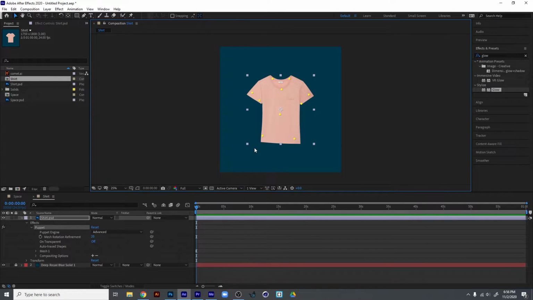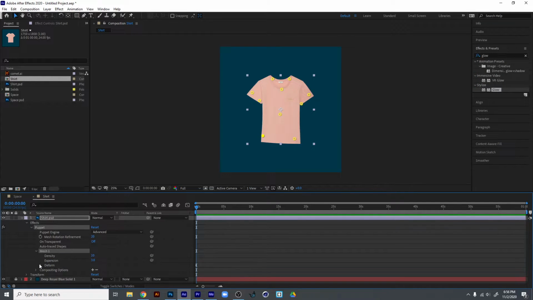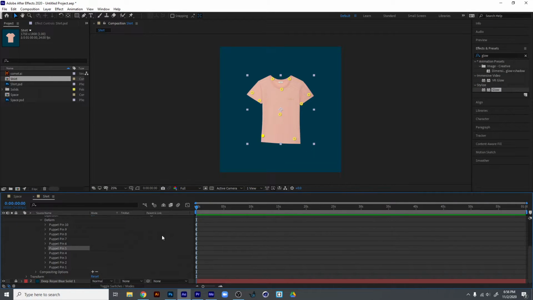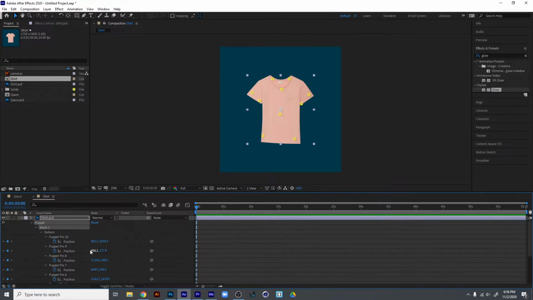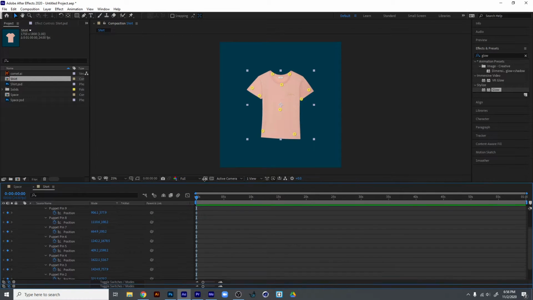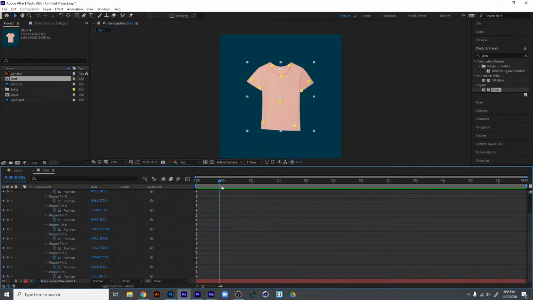Now, if you want to animate these, you can click on one, press U to drop down the mesh menu, or you can twirl down the mesh, twirl down to form, and you'll see all the puppet pins. And when you scroll forward, you'll see that they're all here. And that's why I suggest pressing U, because it becomes a lot easier just to be able to see your separate puppet pins. So if I want to move this one around, I can then say go up, jump forward, go down, come back over here, go over, come over here, go over. And now if I jump backwards,